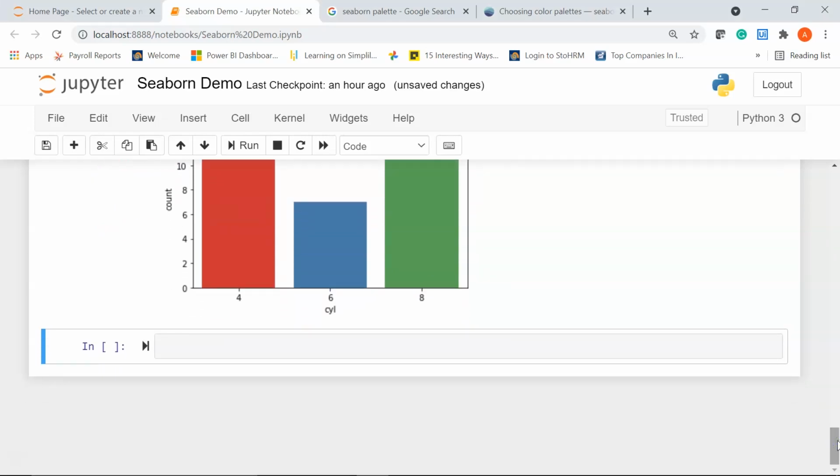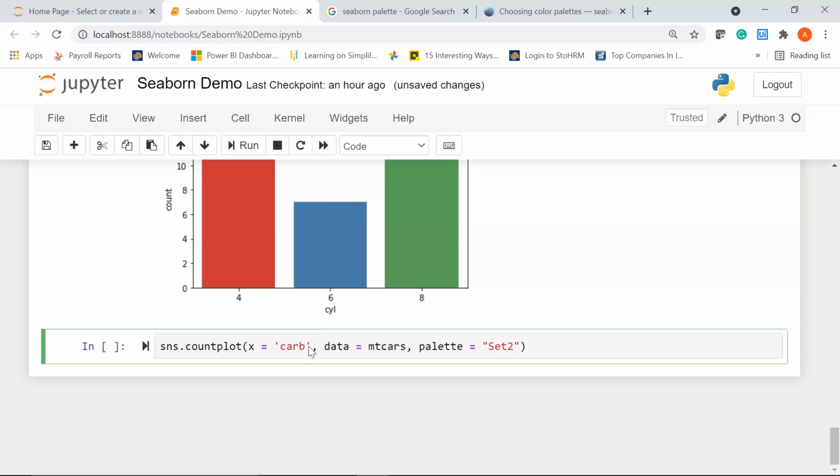Now moving ahead, the next count plot will show the number of cars for each carburetor. So for that I'm going to say sns.countplot. My x-axis will now have the variable carburetor. I'll say data equal to empty cars, and my palette I'll set to set 1, or let's say set 2.